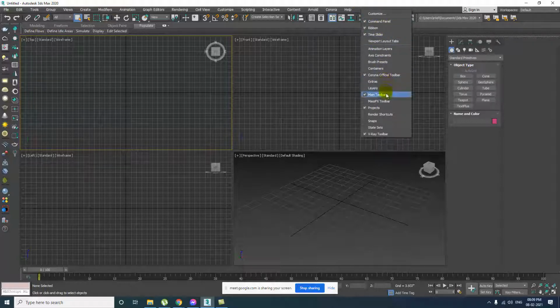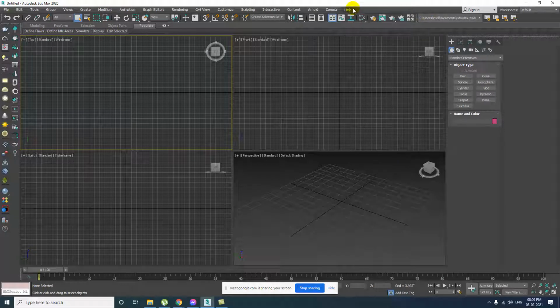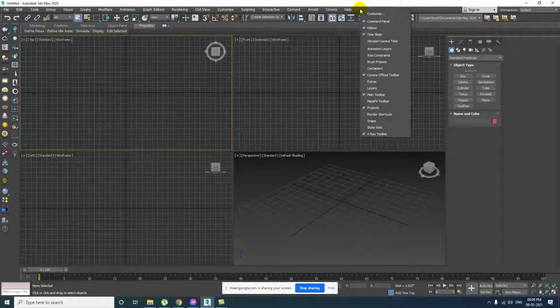Now the drop down menu is visible, right? You see here, after the Help, right click on the blank space. On the blank space, you will right click.